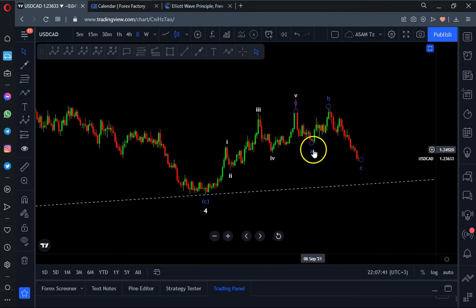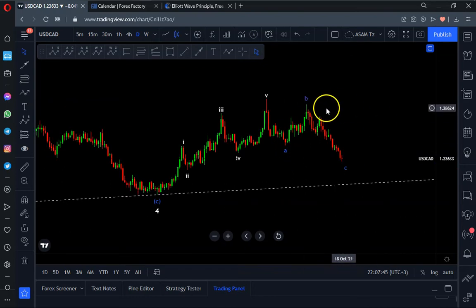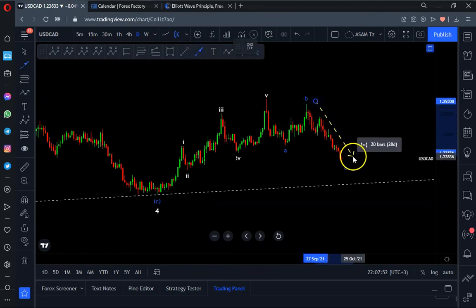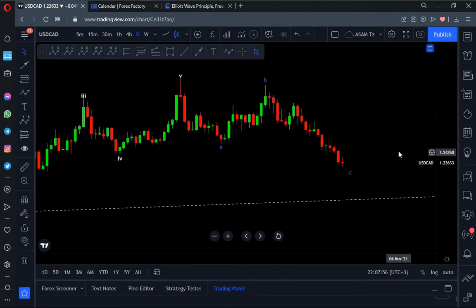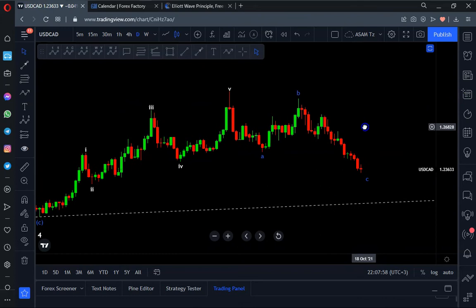We had this wave labeled as A, then it was corrected to the top. Now we are in wave C. So what we need to understand is what's going on in this wave C. I remember my last week's analysis. I will not show a recap, but you can always watch my previous week's analysis.